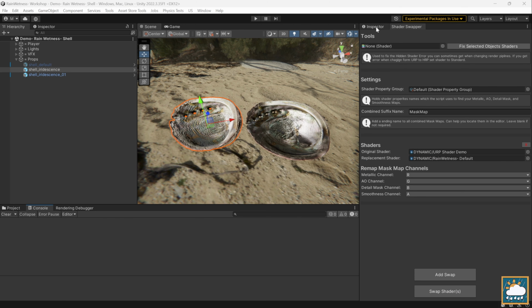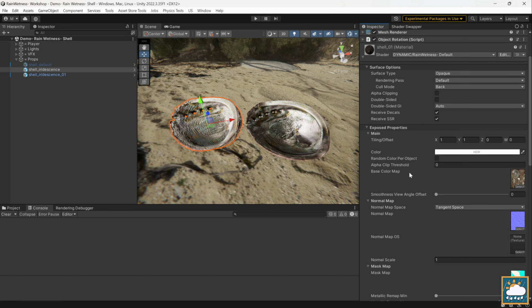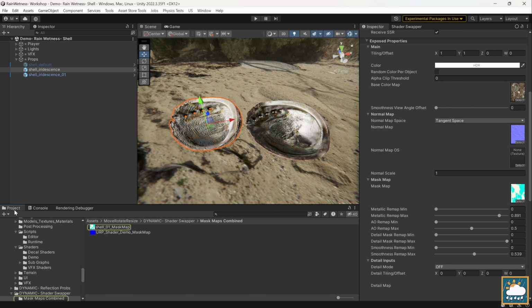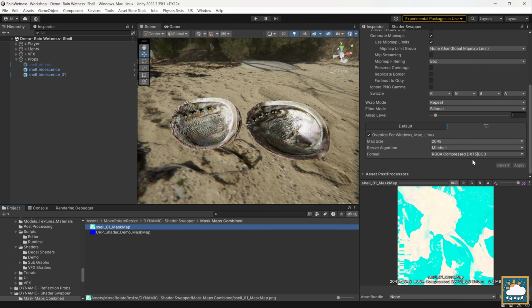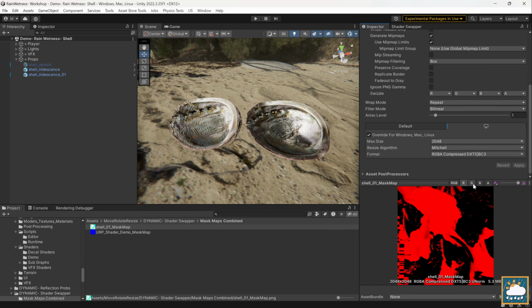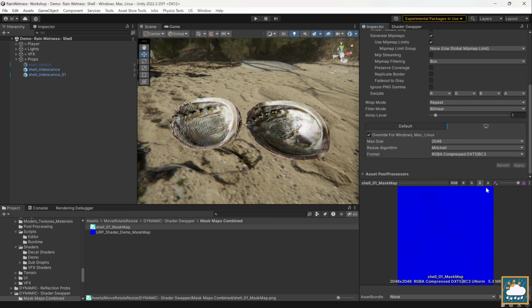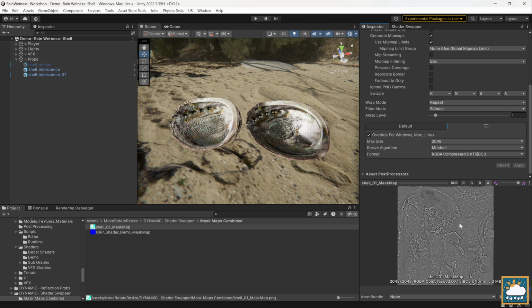So let's check out that combined mass map. We'll hit Inspector and scroll down to Mass Map. Let's click on that and it'll bring it up in the project folder. Now over here you can see in the R channel it's got the metallic map, in the green it's got the ambient occlusion, in the blue it's got the detail mask map,